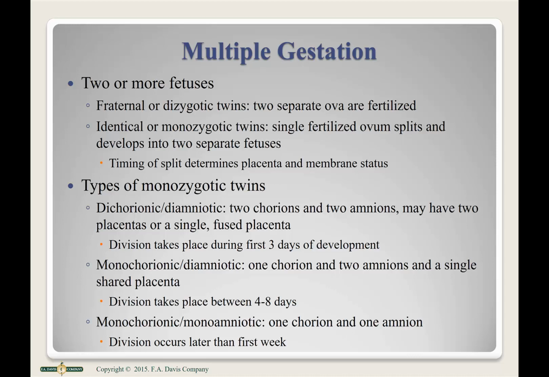The first type is fraternal or dizygotic twins. So break that word down. Di means two. Zygotic means fertilized egg. So we have two separate fertilized eggs. They are as different as an 8-year-old sibling is to his 5-year-old sibling, except they're being birthed not 3 years apart, but together. Okay? And then we have identical twins, which is your